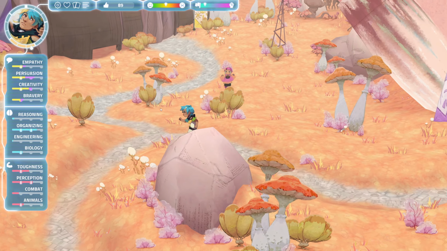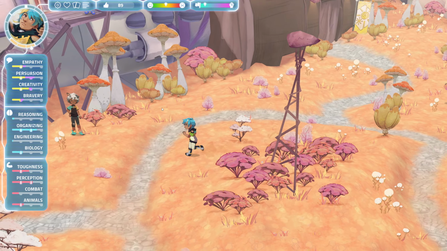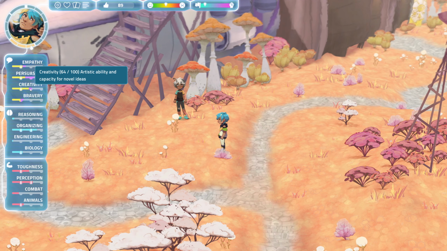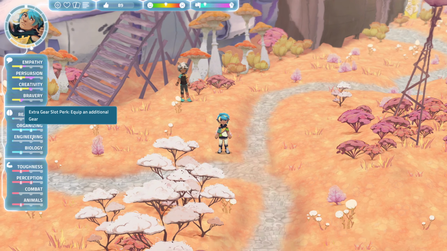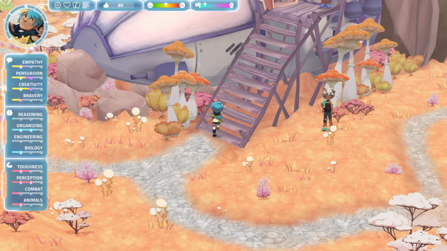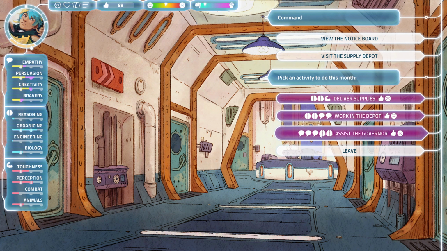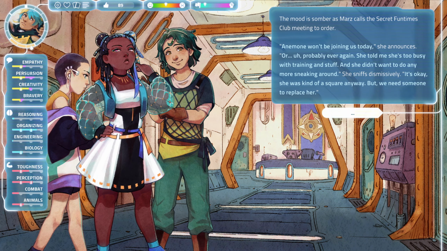Now, let's go ahead and show you an instance. What do we want to do? Let's see. We almost have our creativity at the next blip, but I think that I want to go ahead and just max out organizing. So let's go up here. And this is one of those rooms that you can go in, and over here, if you hover over these, you can see what bonuses they will give you. And this is the bare core bonus that you will get for succeeding. If you do a really good job in the challenge, you can get bonuses on top of that. So let's go ahead and do this.